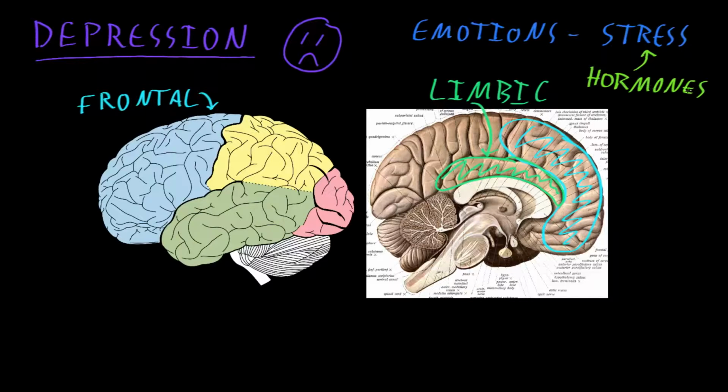There's a particular area of the brain that controls most hormones, including the stress hormones, that's located right here. And this area is called the hypothalamus. Hypothalamus. And the hypothalamus talks back and forth to many areas of the brain, but two areas in particular that it communicates with back and forth are the frontal lobes and the limbic structures of the brain. So it's thought that perhaps abnormal communication between the frontal lobes and the limbic structures and the hypothalamus in major